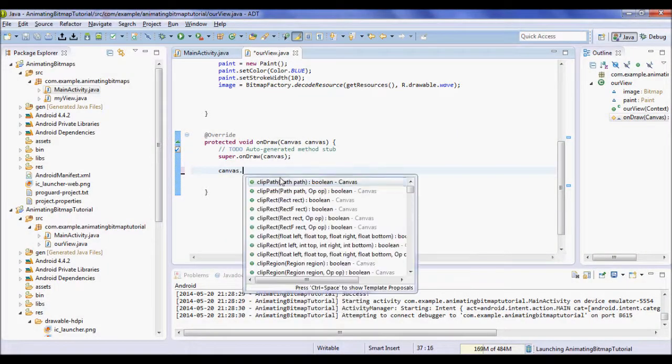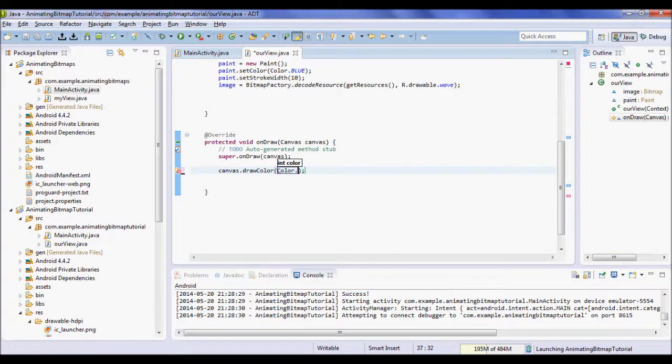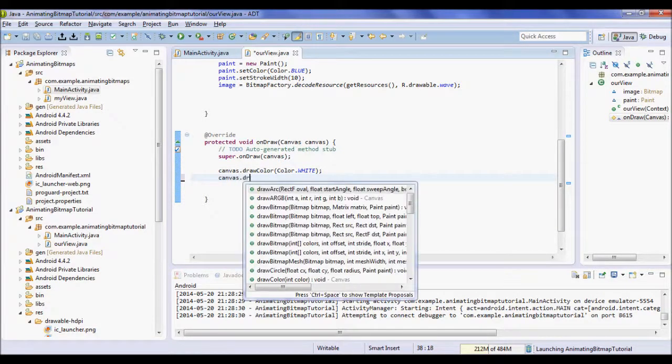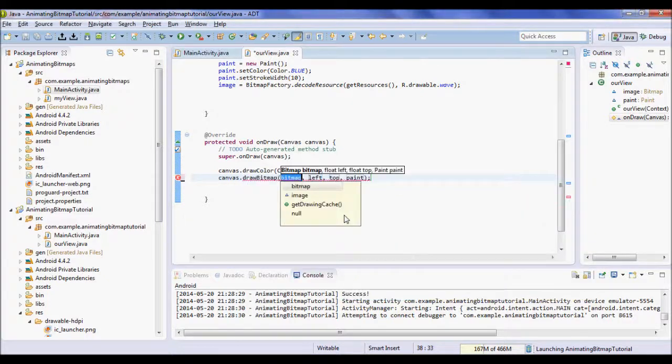So the first thing I want to do is set the color of the canvas. So what I'll do is draw color, call the color class, and set it to white. The next thing that I want to do is draw the actual bitmap. So what I'll do is canvas.drawBitmap, and the one that I'll choose is the option that allows me to specify the actual location of the bitmap. So I'll choose this one right here, the one that has float left and top. So we'll set the top left component as 0, and we'll set